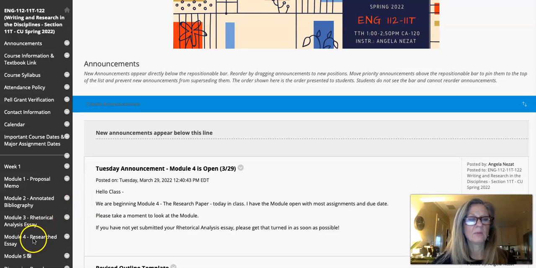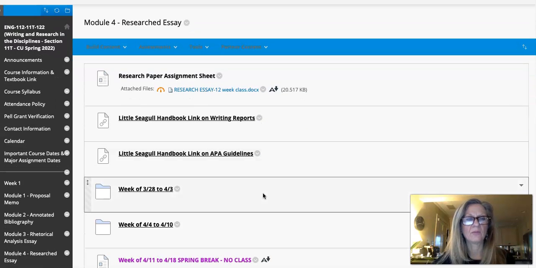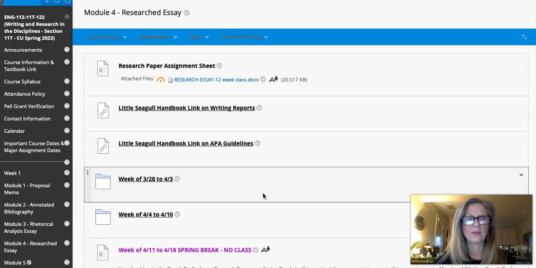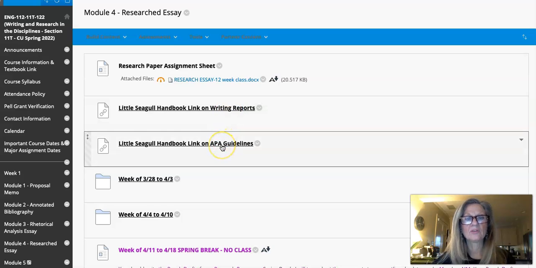So if we click on Module 4 on our tab, you'll see that I have set up just pretty similarly to the rhetorical analysis essay. Here's our assignment sheet, and here's a link to your handbook on writing reports, and I'll explain about that in terms of our research paper. Here's a link to the APA guidelines. This paper is going to be